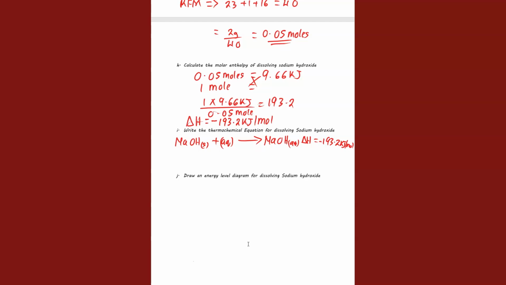The energy level diagram for this reaction, we note that it is an exothermic reaction. Therefore, in an exothermic reaction, the products normally have a lower energy than the reactants. So on the x-axis, you're going to have the reaction path. On the y-axis, you're going to have energy in kilojoules per mole. Therefore, for this case, we are going to have an energy level diagram